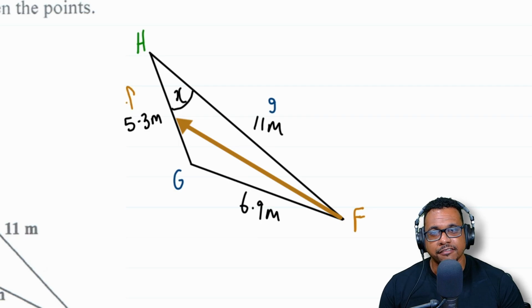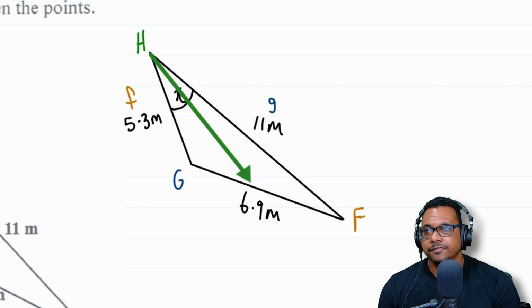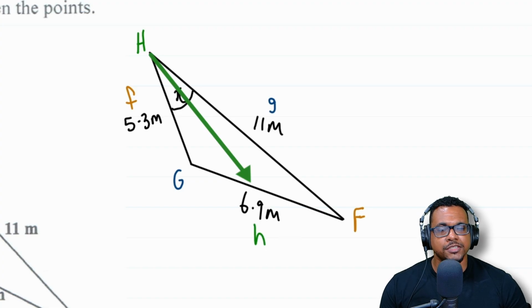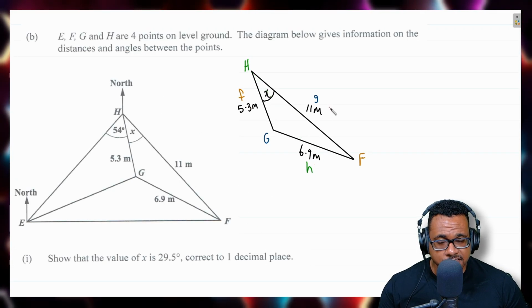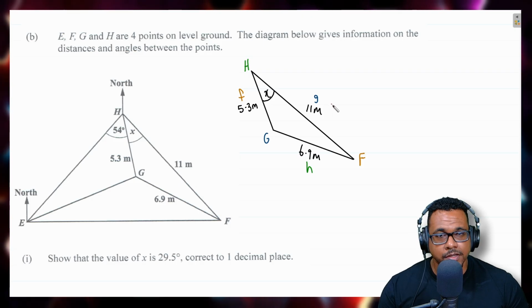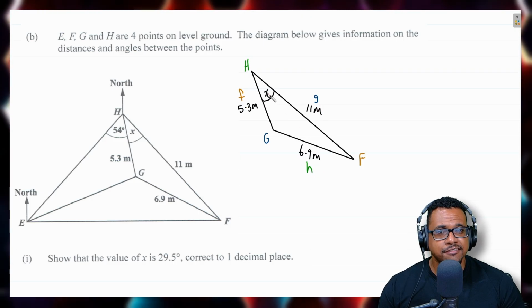So this is small f here. And of course, opposite angle H, which is x, would be small h, which would be 6.9 meters. So that's small h. Now, we have all three sides. We don't have any angles. So the sine rule is out. So what we could do is use the cosine rule because we have all three sides to find this angle